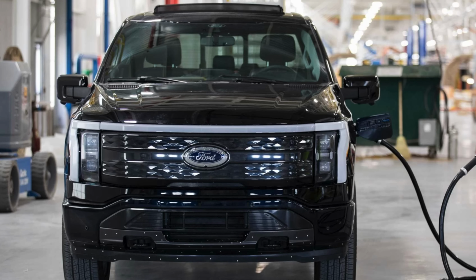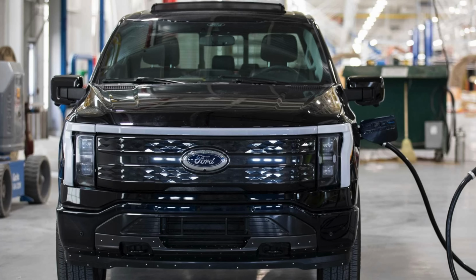I'm sure there's going to be a ton of new people on the market that are like, I want something practical and I want something familiar like the F-150, and I don't need it to go 300 miles on a charge as long as it's reasonably priced and it's starting at $40,000. Not to mention, the F-150 Lightning still qualifies for the federal tax credit of $7,500, so that's going to help a ton. And keep in mind, you won't have to be paying for expensive gas and oil changes or smog checks